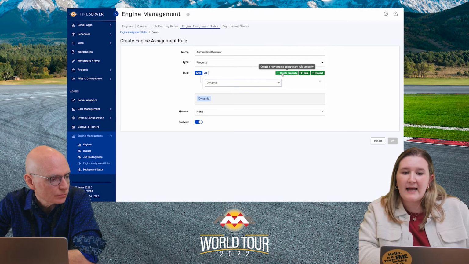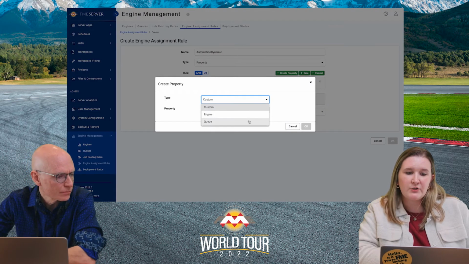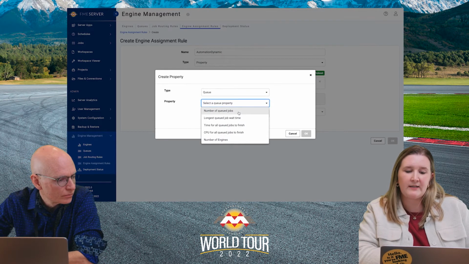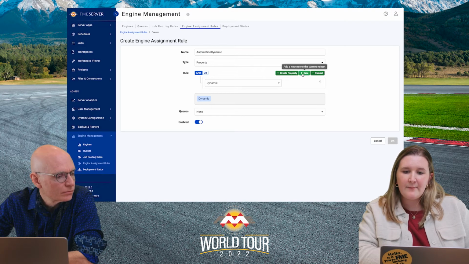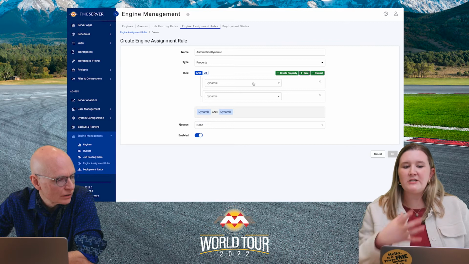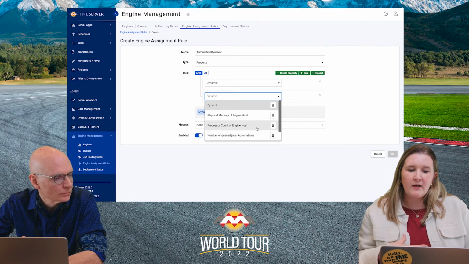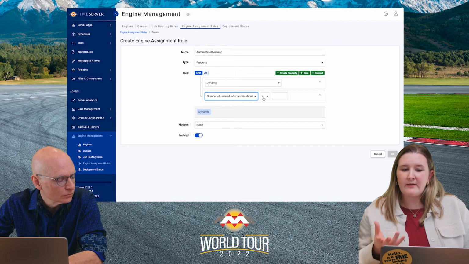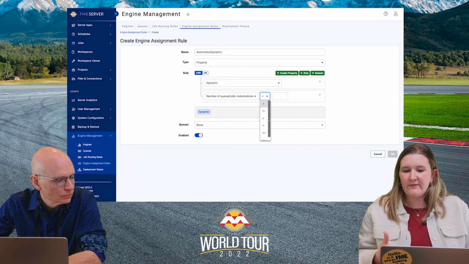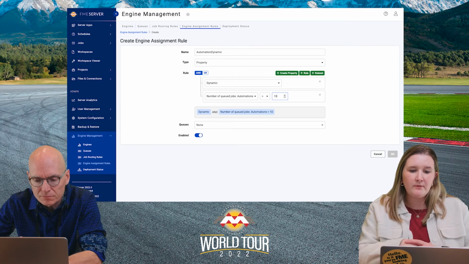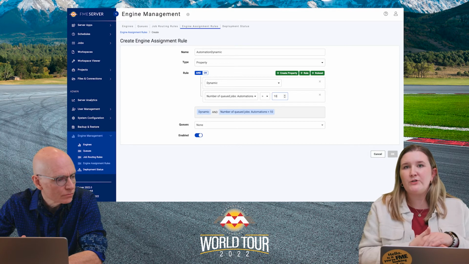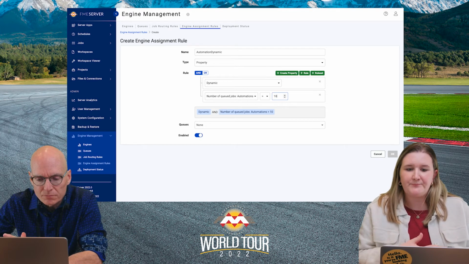So we can go ahead and create a property to monitor this specific automation queue. And then we can add this rule. So in addition to the engines being dynamic, we want to look at this queue, and only if it's greater than, let's say, 10 jobs for this example, that's when we want to assign our dynamic engines.